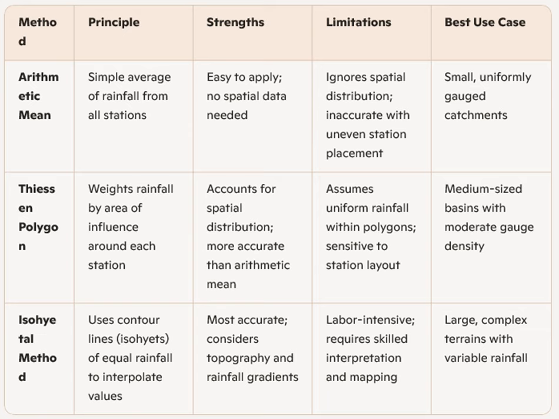So if you want to find out the mean precipitation of that same day with the help of the Thiessen Polygon Method, then what we have to do is, suppose the location of gauge stations is like this: